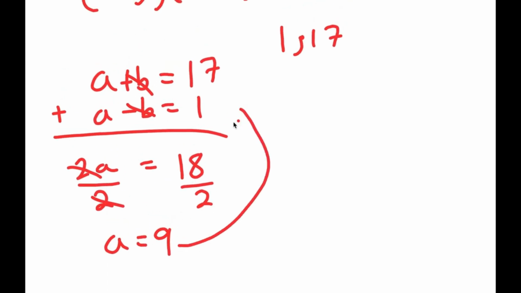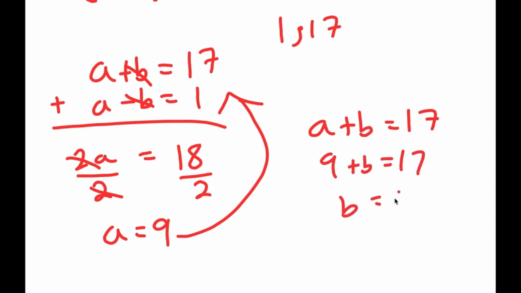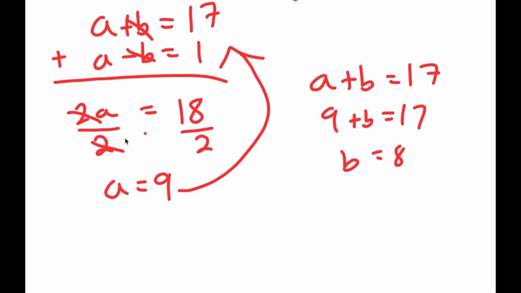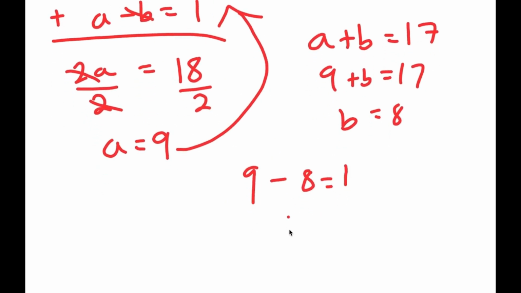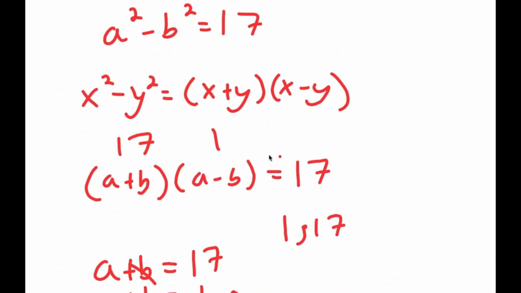Now I can plug back in 9 for a into my original equation. We could just do either one. I'm going to do a plus b equals 17. If I plug in 9 for a, I get 9 plus b equals 17, meaning b is equal to 8. So a equals 9, b equals 8. And we can even check it over here. Let's plug both of these in. A is 9 minus b is 8, and 9 minus 8 does equal 1. So now that we know a is 9 and b equals 8,